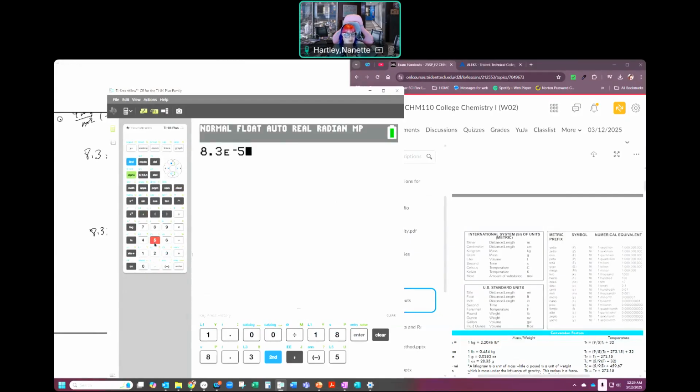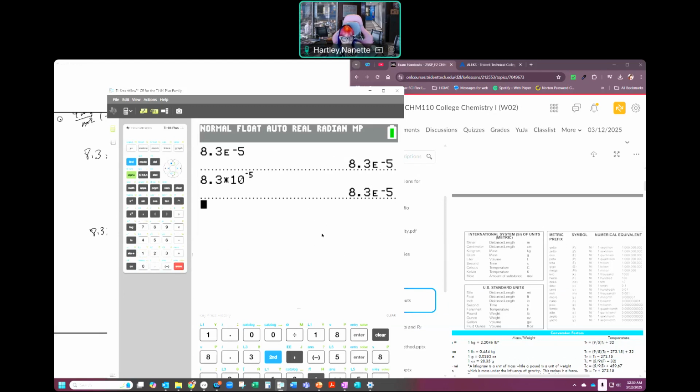Because that's how you put in scientific notation on these calculators. Okay, if you do this as, I'll go ahead and enter this, but if I do this as 8.3 times 10, and then do hat negative 5, that ends up being,